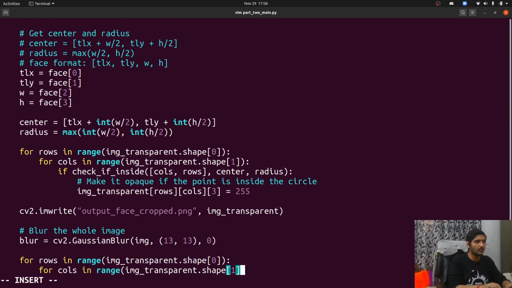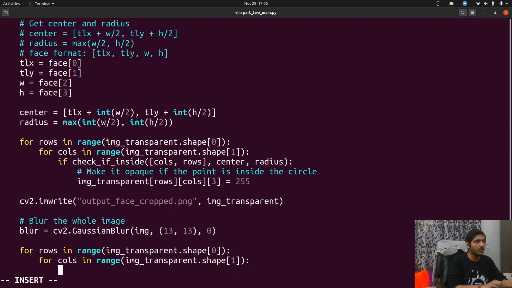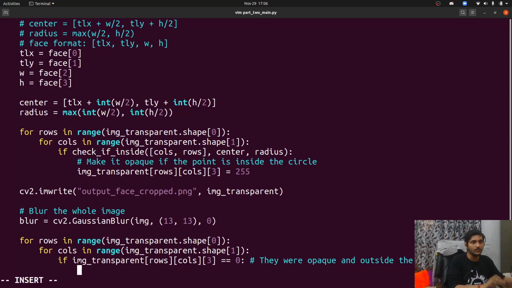Now if img_transparent[rows][columns][3] is equal to 0, that means it was outside the face. Then what I'm going to do is replace it, and I can just play with the original image variable. I don't really need img_transparent.